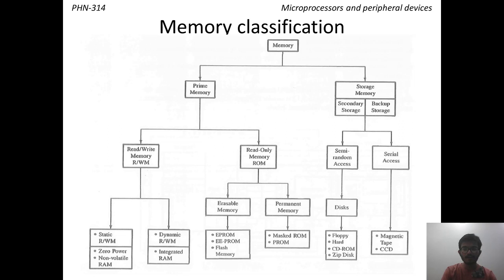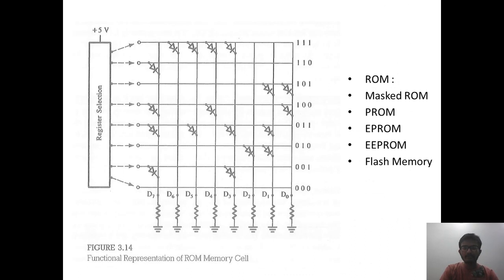But before going to that, we should discuss the concept of ROM. The concept or the architecture of ROM can be explained with diodes arranged in a matrix format, which is shown on the screen right now. The horizontal lines are connected to vertical lines only through the diodes. They are not connected where they appear to cross in this diagram.